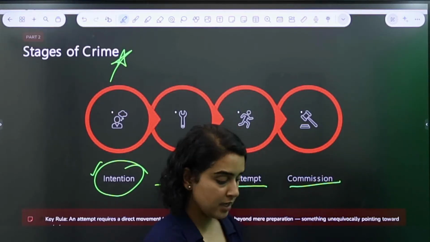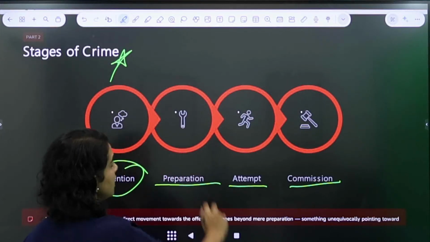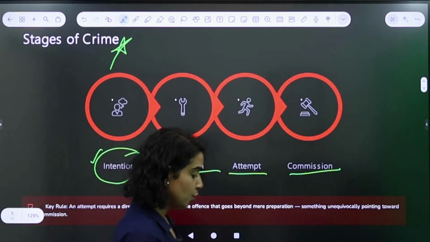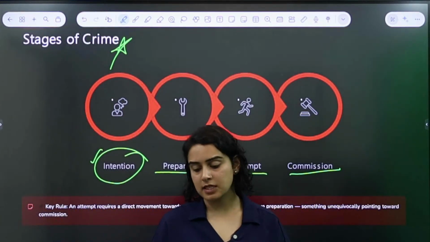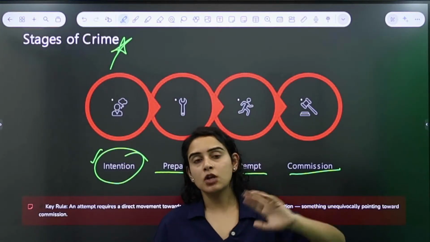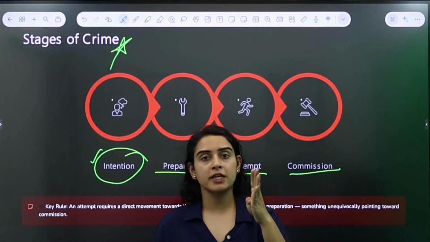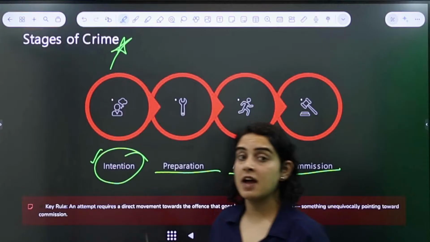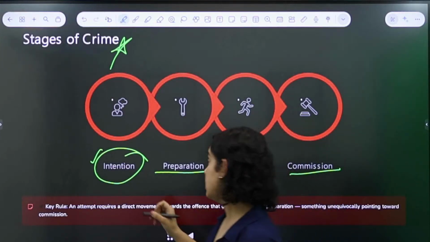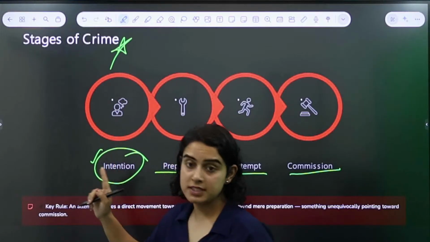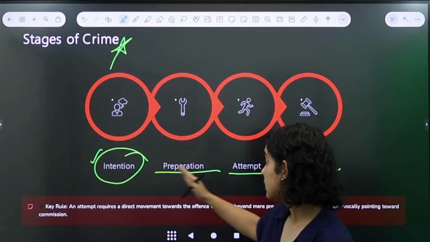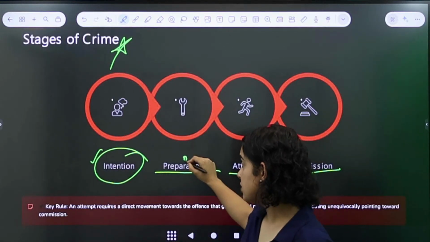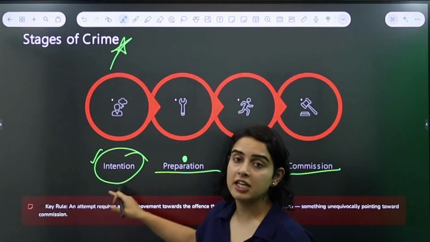So these are the four stages of a crime. Whenever a crime has to happen, there have to be these four stages, so every stage is important. Sometimes your passage will be discussing the commission of a crime, and you have to keep in mind that a crime cannot be done directly. It is always done in four stages, and you have to identify whether those four stages have been met or not. Something really important is the first, the intention. If there is no intention and the other three steps are met, it doesn't matter.